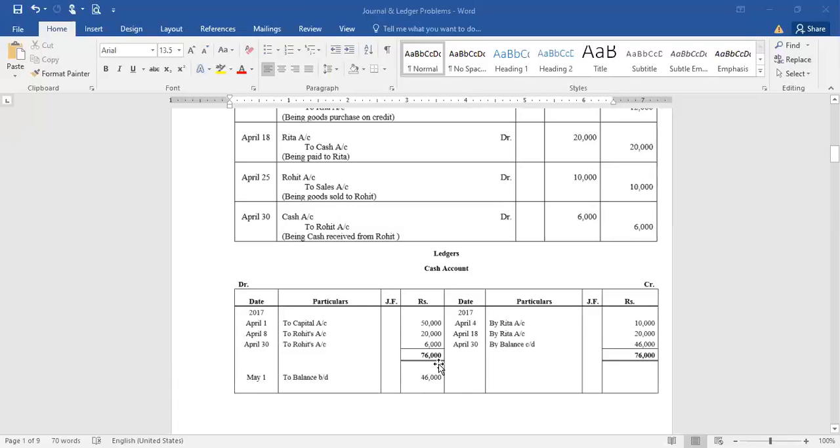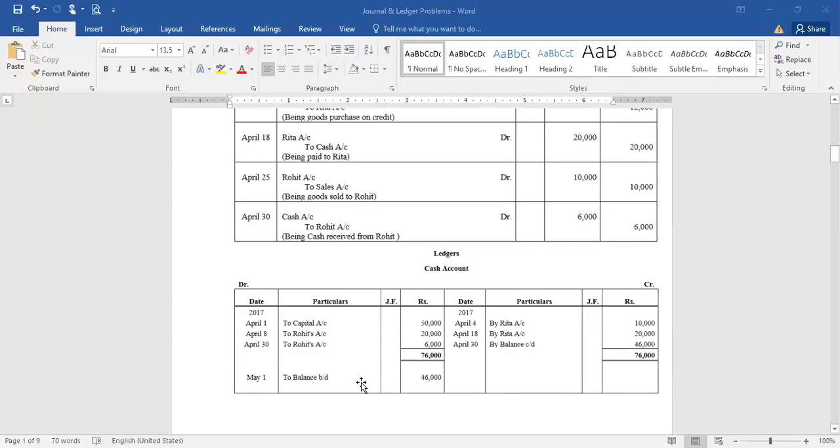Debit side total is 76,000. Here, the credit side is only 30,000. So, it is lesser by 46,000. So, now we are adjusting that 46,000 by balance carried down, and both the sides total will be same. So, by balance carried down will be